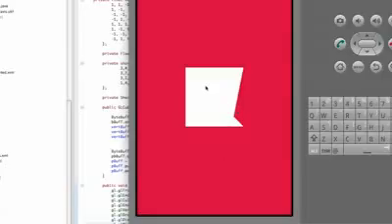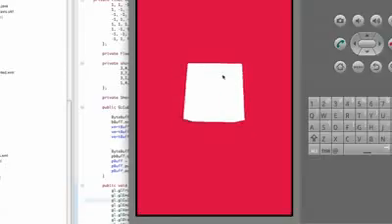Alright, it looks like something's messed up. I must have messed up on one of our triangles, but as you can see, for the most part we're getting some sort of a cube. And as you can see here, this is what we're going to do in the next tutorial: learn about